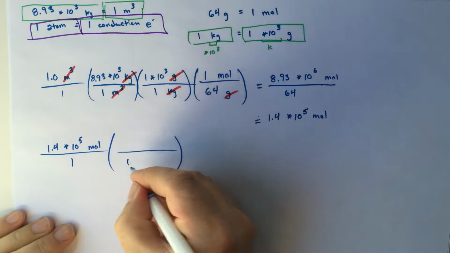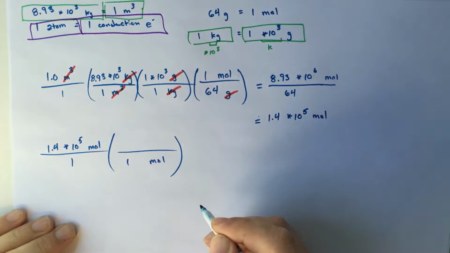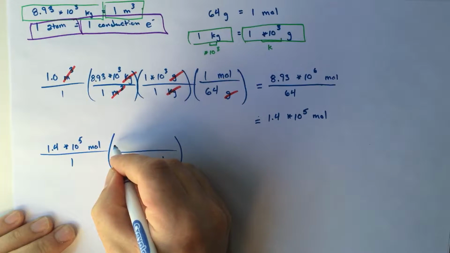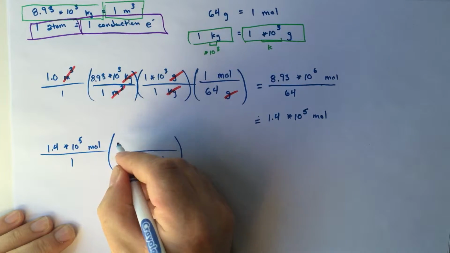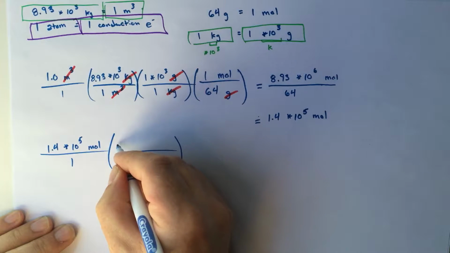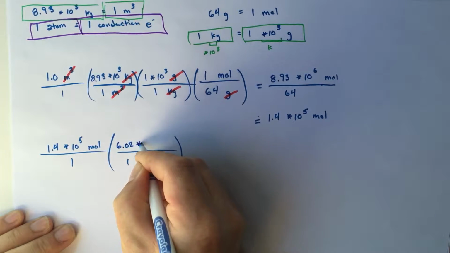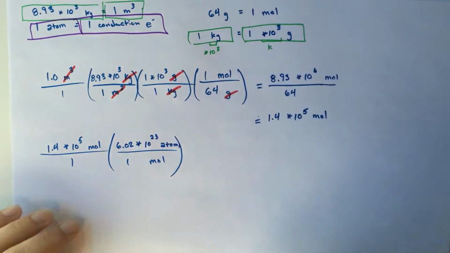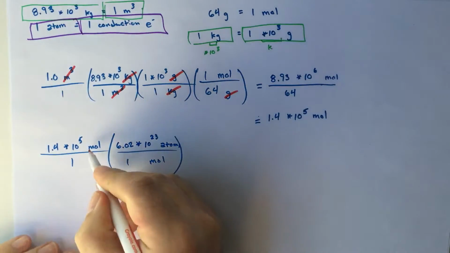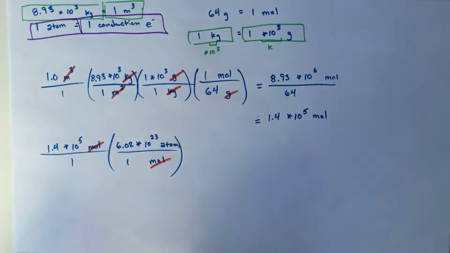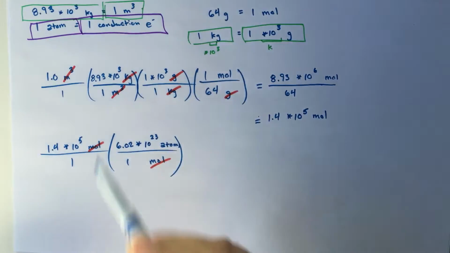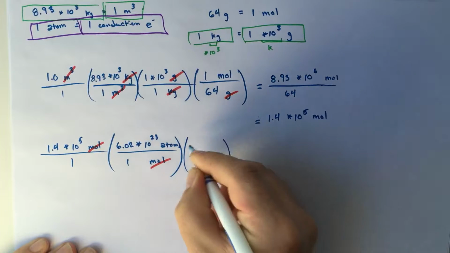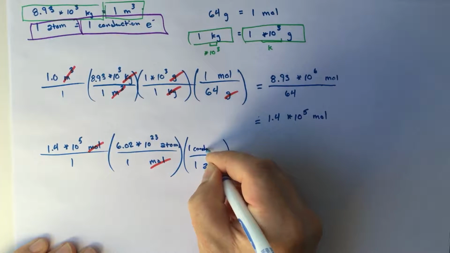He said that 1 mole, no matter what it is, in this case it's copper, but doesn't matter, 1 mole is always equal to Avogadro's number, which is in your data booklet in the constants, is equal to 6.02 times 10 to the 23rd atoms. All right, and this will let me cancel moles and moles. And now that we know how many atoms there are, we have this relationship that says for every 1 atom, we have 1 conduction